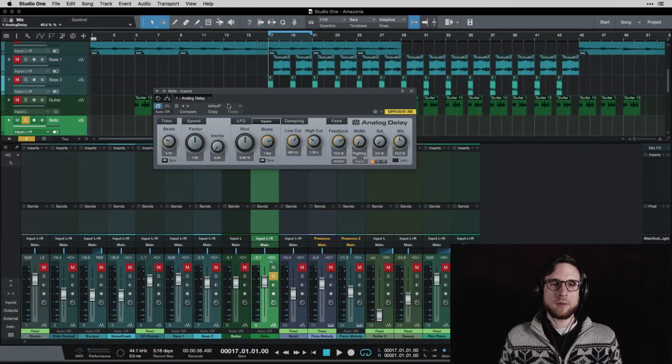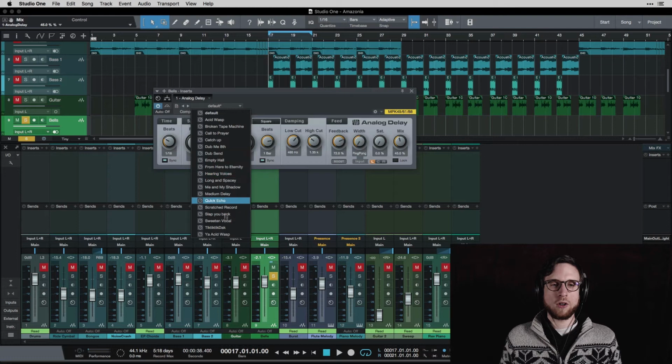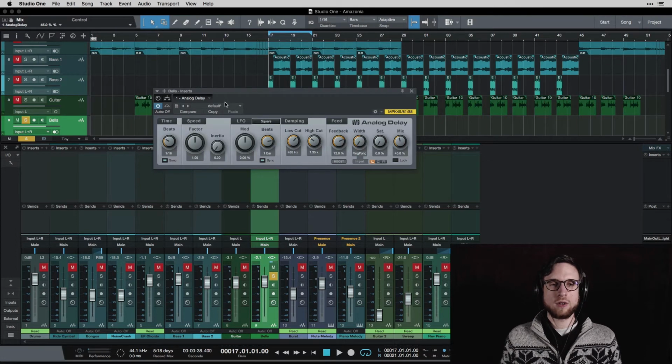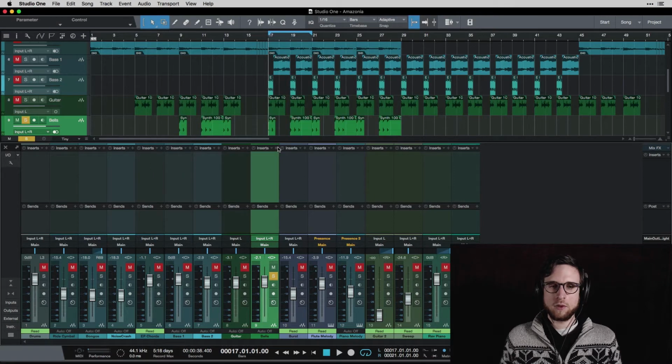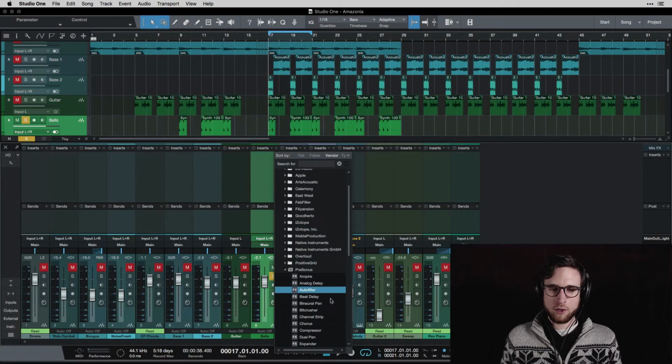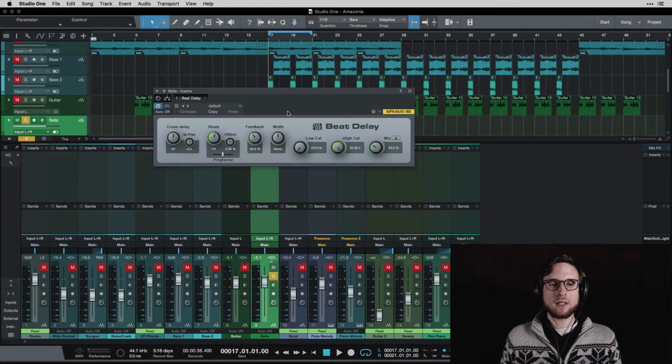So there's a bunch of presets here, just like all the plugins that it's good to experiment with. But you can also just start twisting some knobs and see what happens. That's one of the best ways to learn. So that's analog delay. We'll remove that and move on to the next kind, which is beat delay. Beat delay is quite similar, but it has some other features that have to do with how it moves side to side. There's a few less controls in general here, but